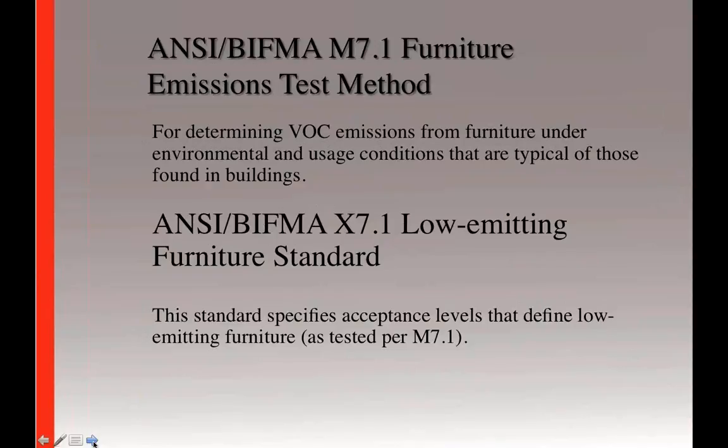I'm now going to move on to furniture emissions. In the last couple of decades, and it started with the sick building syndrome in the 70s and 80s with the energy crisis, people were just tightening up these buildings. They didn't breathe as well as they used to, for good reason. People started getting sick, and certainly we don't want to blame the furniture, but it might have been a contributor. Obviously, you had carpet and draperies and ceiling tiles and so on and so forth. So the government asked